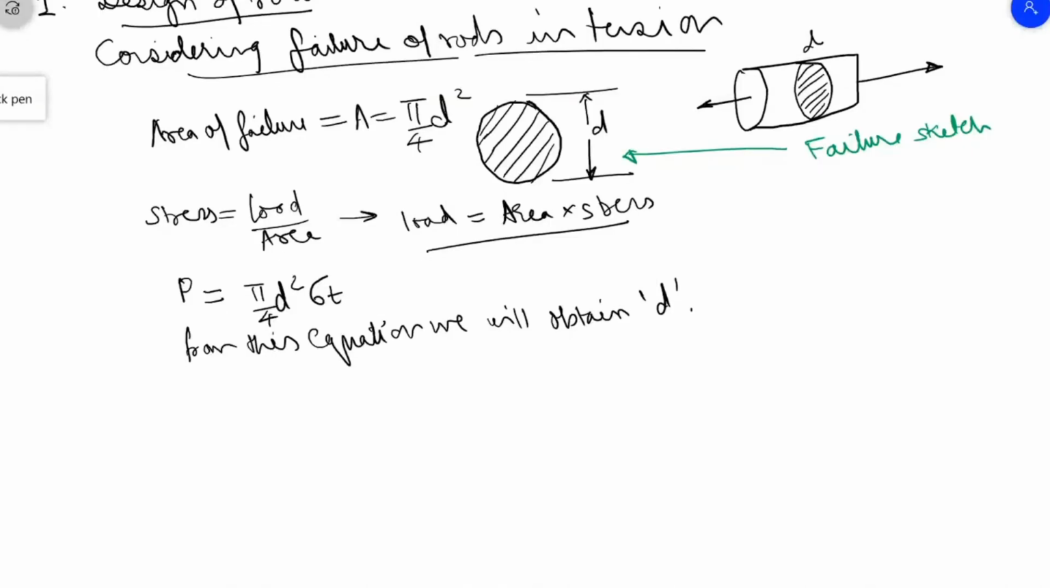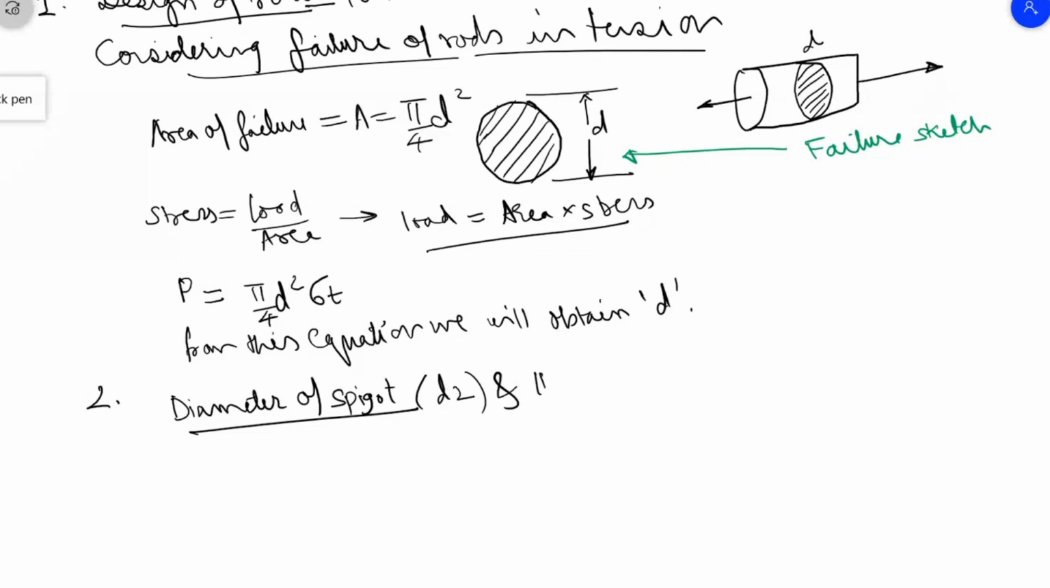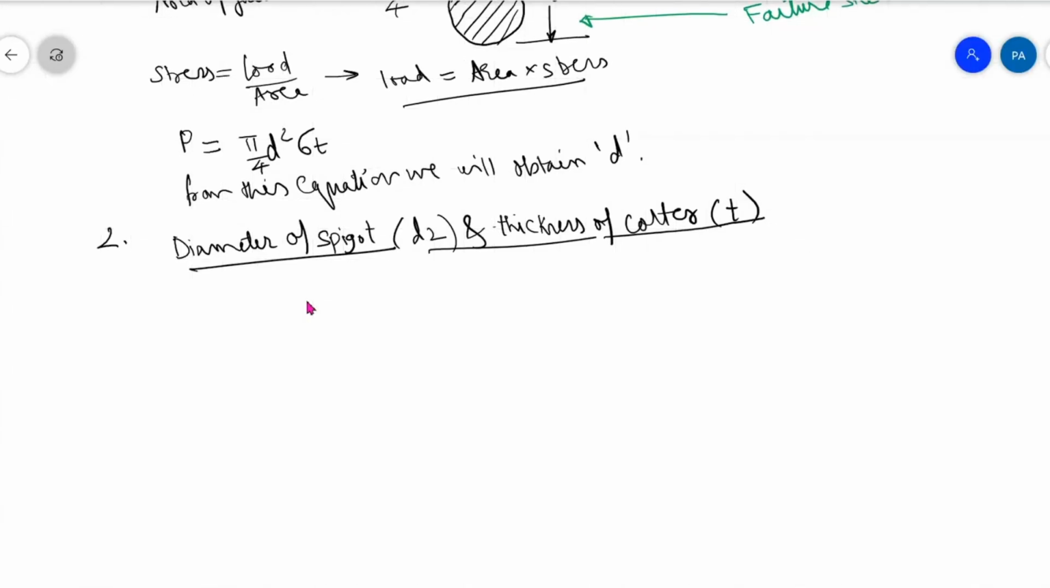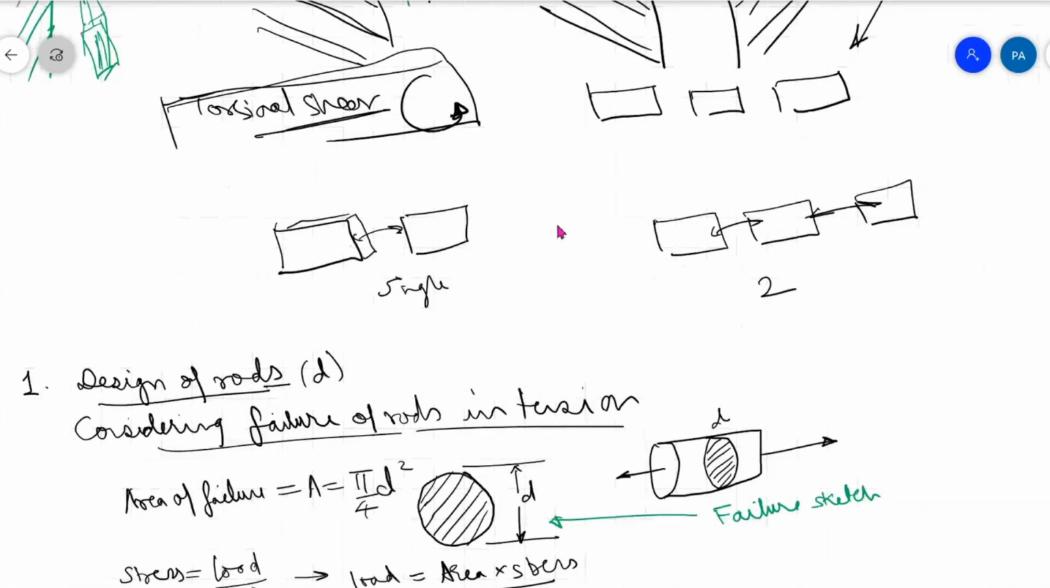Okay, we'll move on to the second: diameter of spigot. So here the design of rod, or diameter of rod, is small d. Here this is D2, and the thickness of cotter, which is denoted by T. So these two things we will find now in the second formula. So coming to this sketch,